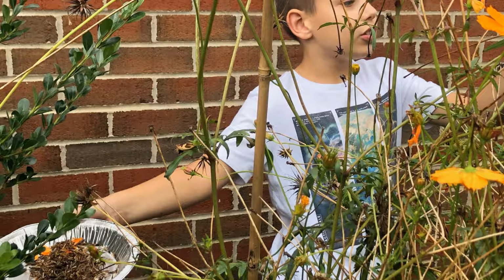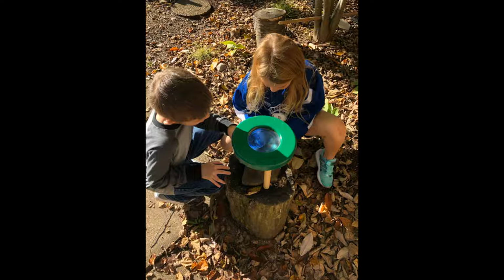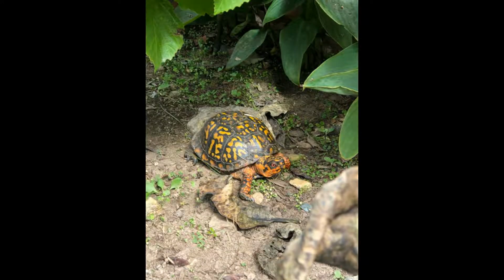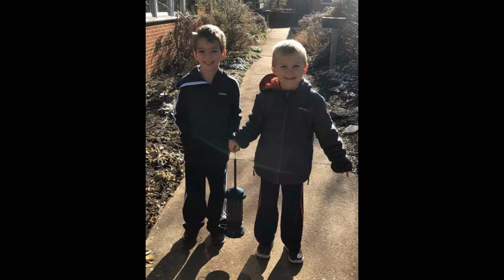Whether it is starting seeds indoors, turning compost, observing birds and pollinators, searching for the turtles to see if they have come out of hibernation, or preparing a new garden bed, this time is usually busy and filled with excitement on the part of teachers and students of all ages. However, for most school gardens in 2020, the fallow time extended far beyond the previous winter as well as beyond